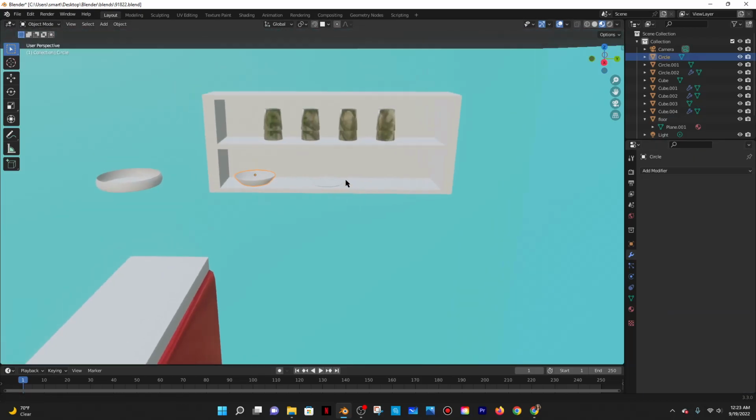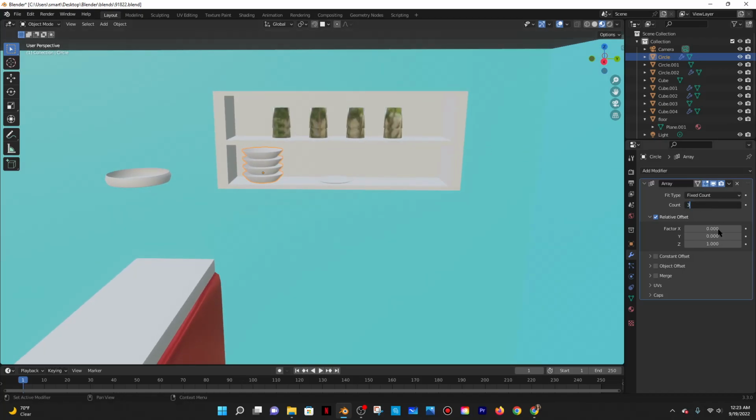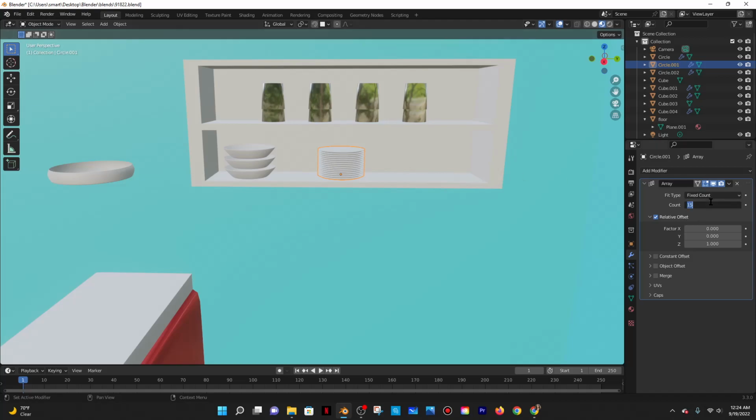And then I'll do the same for these. So I'll take this and give it an array modifier instead of having to duplicate it. Put the factor of x to 0 and then 1 on the z, so really it's going upwards, and I'll do a few of them. How many would I do? 4? Or maybe 3. And then I'll do the same thing for this one. So add an array modifier, this one would be like 6, but 0 on the x and then 1 on the z, so it goes to the top, right? Because the z is the blue line, so it's going up and down. So this definitely something like 15 maybe, or maybe 20 even,